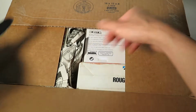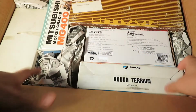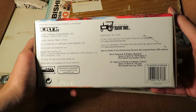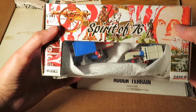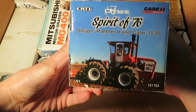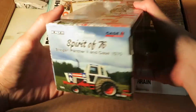Alrighty. So first, I got an Ertl piece for 25 years of Toy Tractor Times. Came out in 2009. I believe it's been opened before. That's why some stuff is kind of loose in here. But this is the Spirit of 76 Steiger Panther 2 and the Case 1570. So yeah,